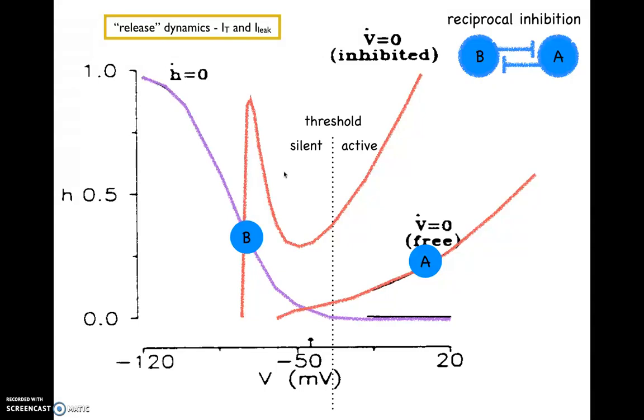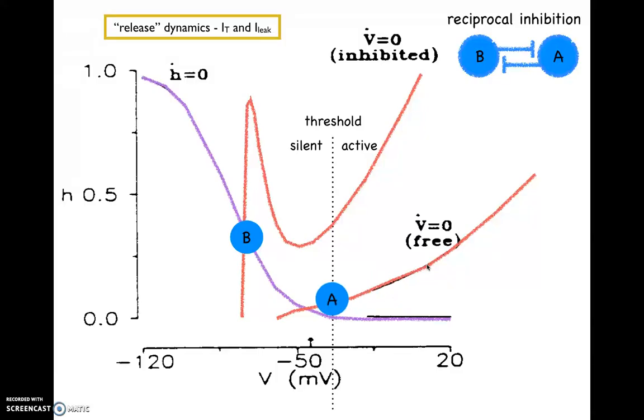Now this configuration is, as an initial condition, valid because neuron A is active and neuron B is on the inhibited voltage nullcline. Conversely, neuron B is silent, so neuron A is on the free voltage nullcline. It's a reasonable initial condition, and what's going to happen next in this situation is that A will simply drift down its nullcline